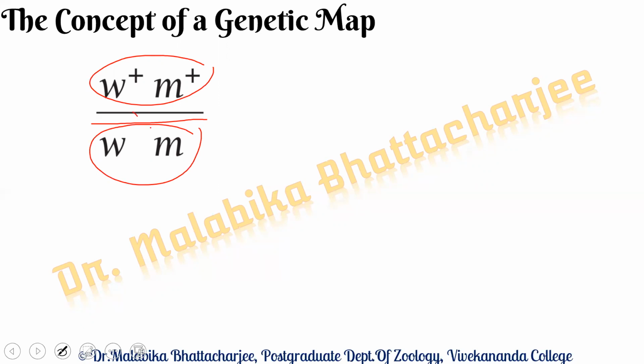Whenever there is a crossing over occurring in this kind of arrangement, what are the products we will get? We will get products of W plus M and WM plus as a result of crossing over. So if the two wild type alleles are on one homologue, then we can say that the arrangement is in coupling. In contrast,